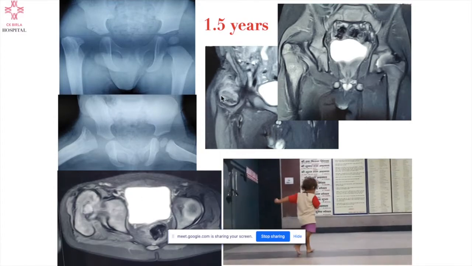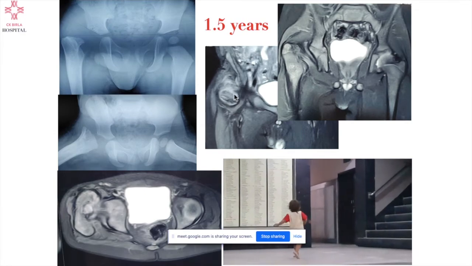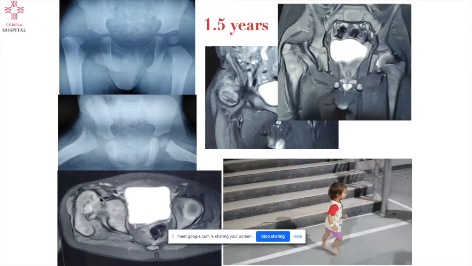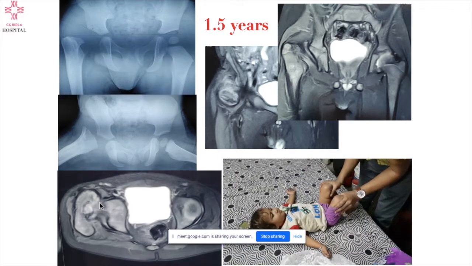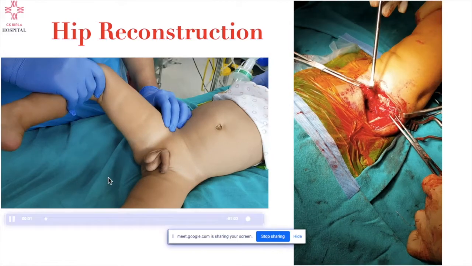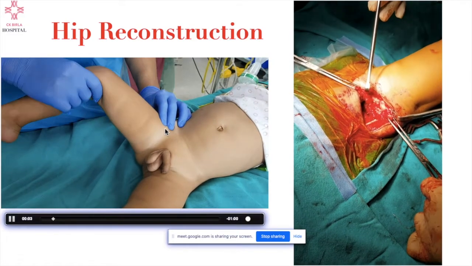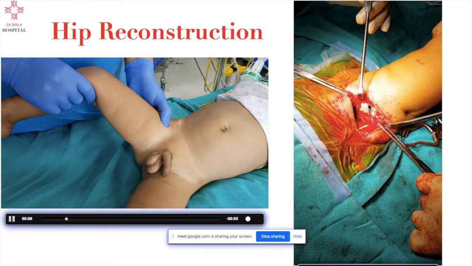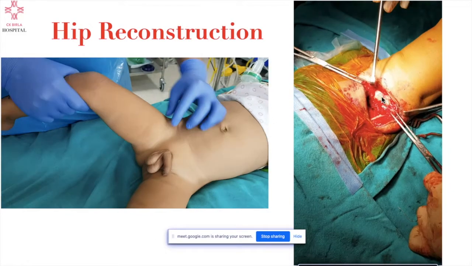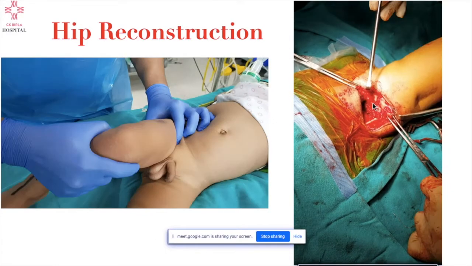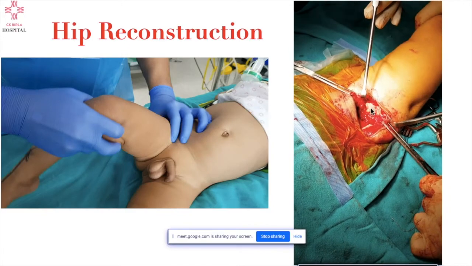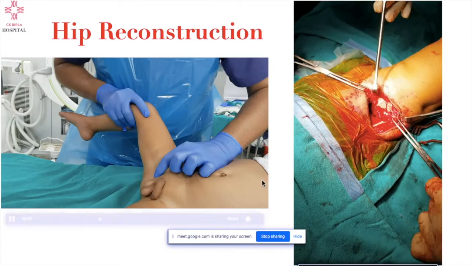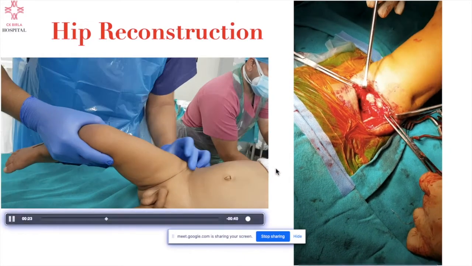There is a small enlarged piece of cartilage which is irregular, very small, but that is how it looks in the MRI. It is not ossified, so we can't see it on the X-ray. The head was actually palpable anteriorly. When we went in during the surgery, see here, the head was actually palpable here. This is the head which we can see. And when we opened up the joint, this was the status. Can you see the irregular head, the cartilage which is almost destroyed. There is a small, cauliflower-like piece of cartilage over which the child can walk. So the only aim of surgery now was to reconstruct the hip.